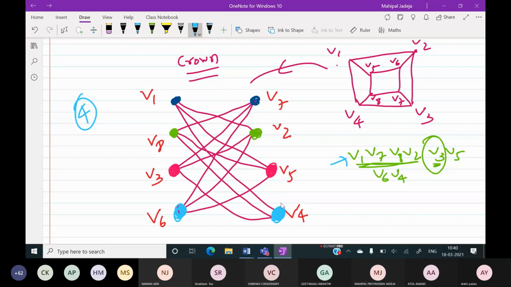But what should be the optimal answer? इसका optimal answer क्या होता? So one group को एक ही कलर से कर दिया और दूसरे ग्रुप को सेकंड कलर. Right. So I just wanted to highlight that it's not the case that every time your greedy coloring will give you optimal labeling. There are some cases where, if you are not considering a particular ordering, and in some cases, irrespective of which ordering you are considering, your final answer will be wrong. It means it won't be optimal.